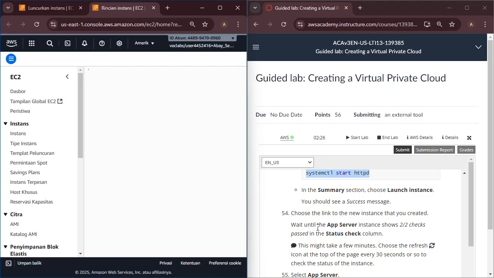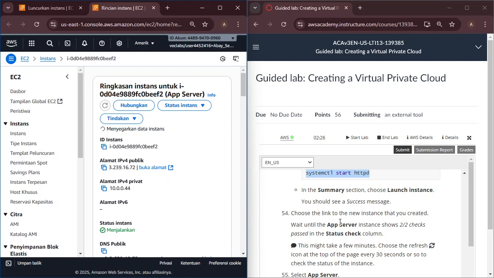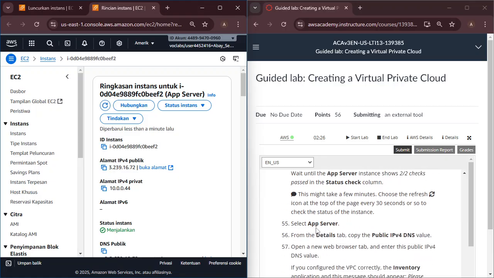The instance that you created is the app server instance. To check it, select the app server.